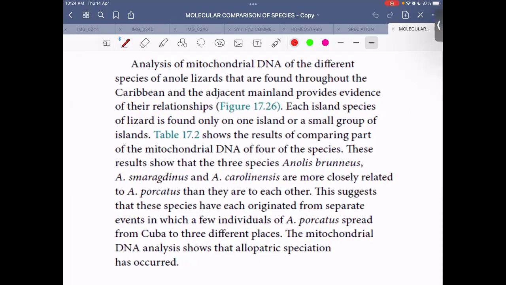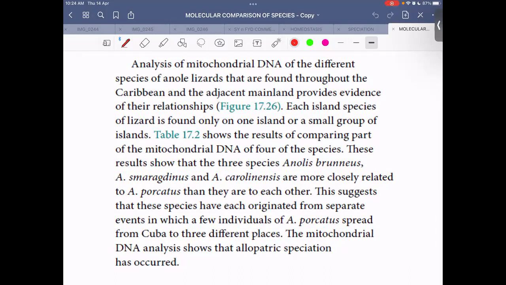So that is why, after reading this example and also after looking at the table, which is just coming up, we can deduce, or conclude, that this kind of speciation is allopatric. In exams, you will be given examples like these, and sometimes you might be given data or you might not be given data, and you have to decide for yourself which kind of speciation has occurred. If you make a wrong decision, then of course you will lose marks, because most probably